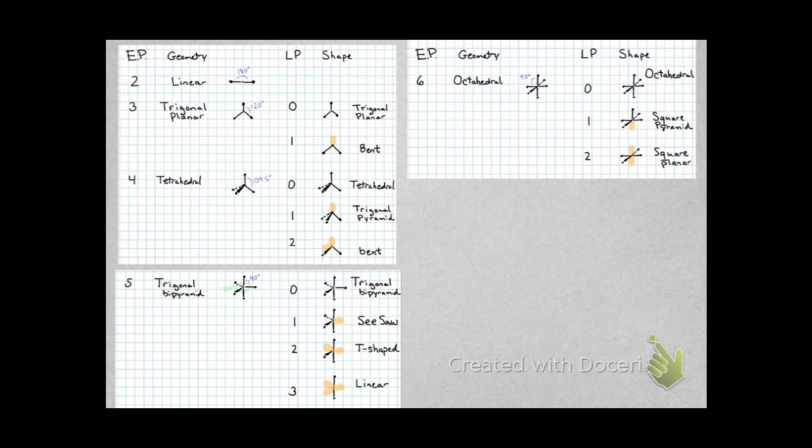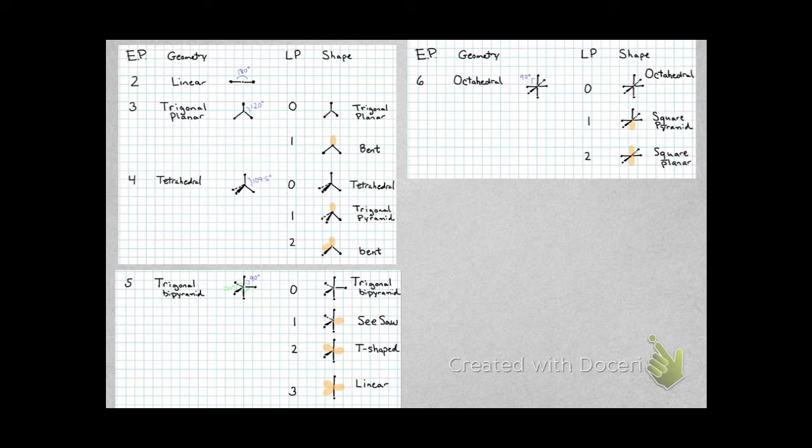In this video I'm going to show you how to determine the electron pair arrangement and the shape of a molecule from its Lewis structure. Shown here on the screen are the possible combinations of electron pairs and lone pairs and the resulting shapes for